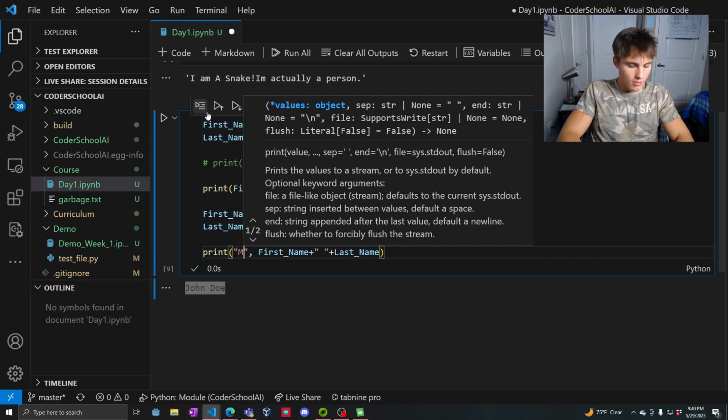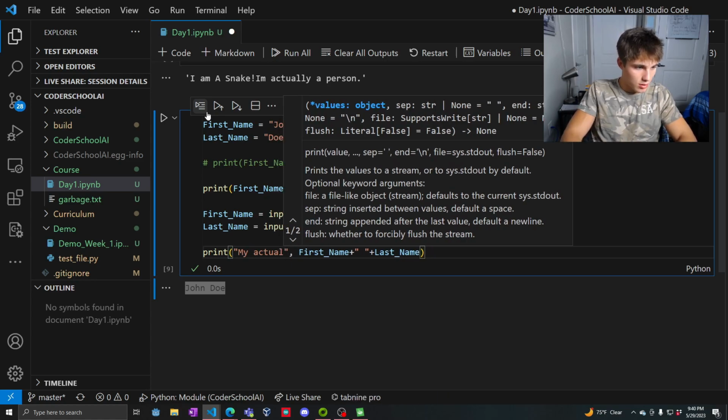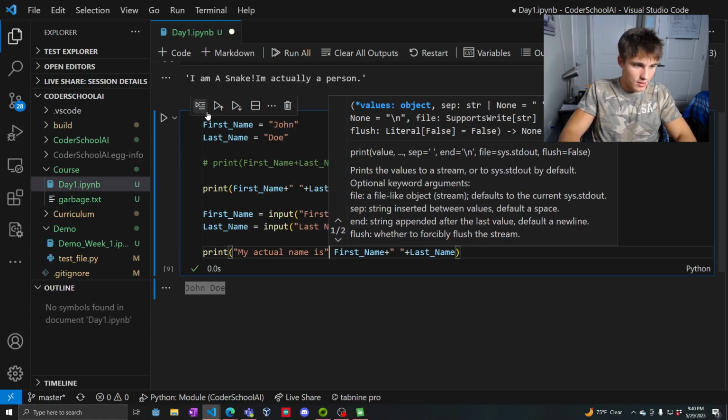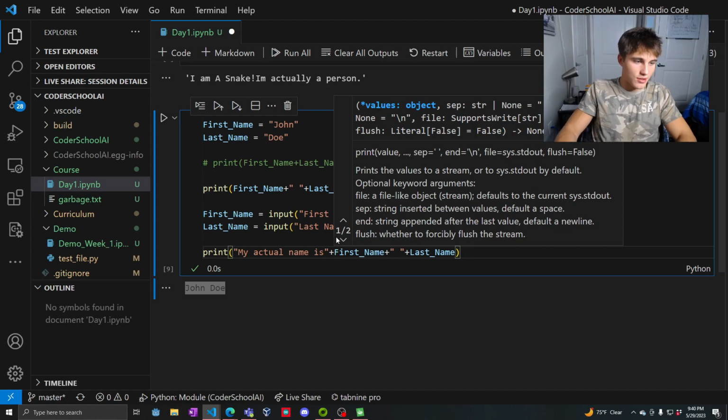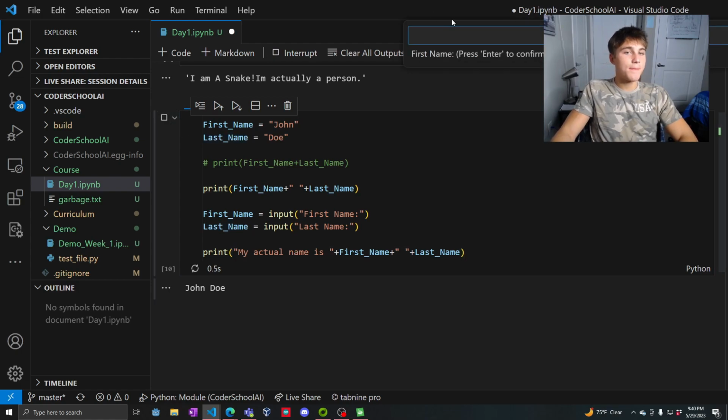my actual name is, and we're going to add that to there. I know I put that little comma. It'll do the same thing as this, but it'll just put that space there. Don't worry about it. I'm just going to put the space there, less confusing because we already started adding things together. We don't really need to go on to other things yet, but what we should see is this little